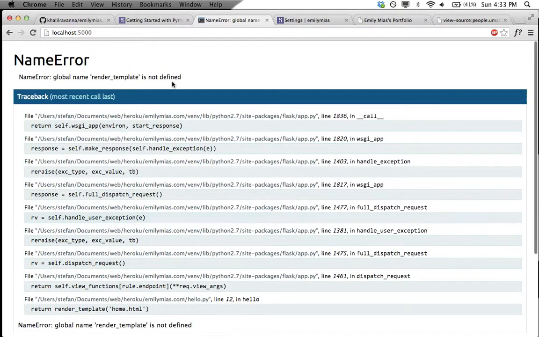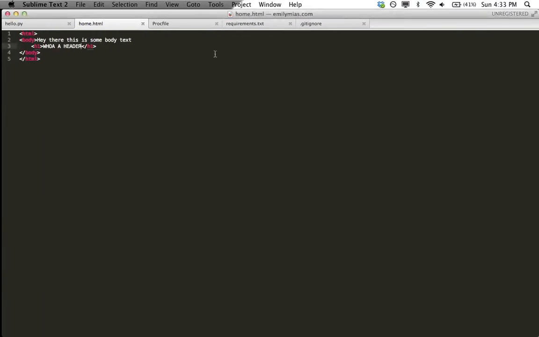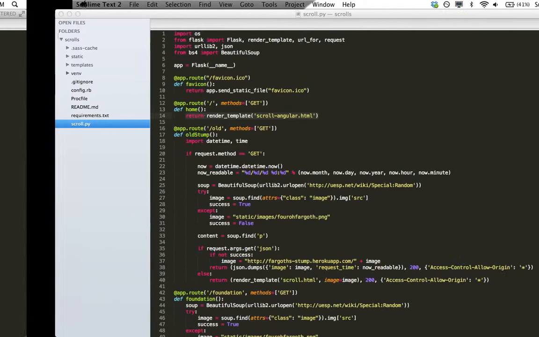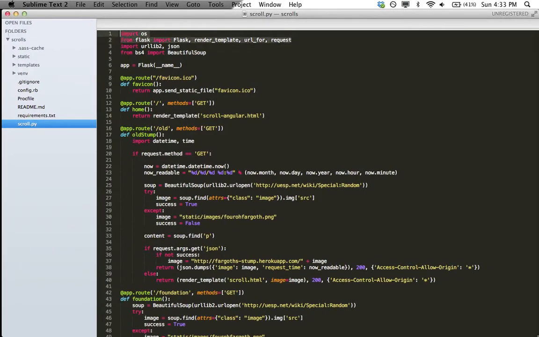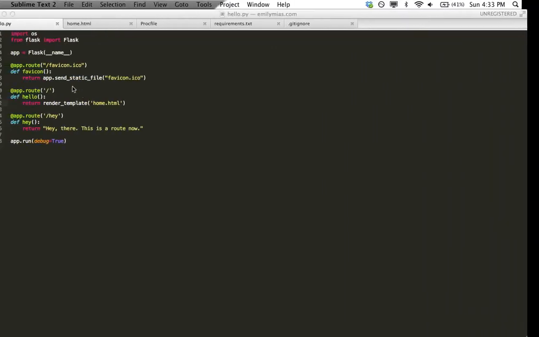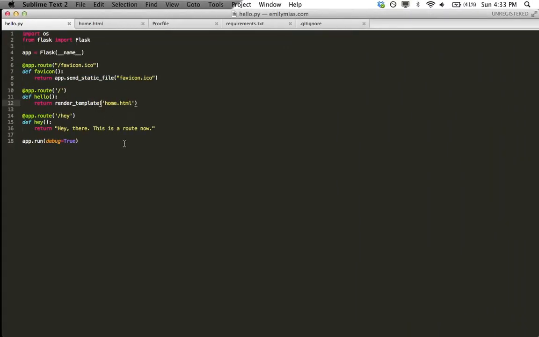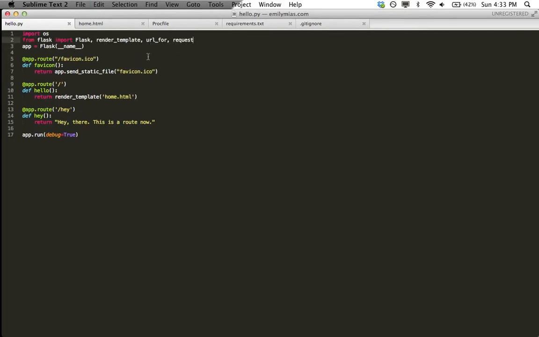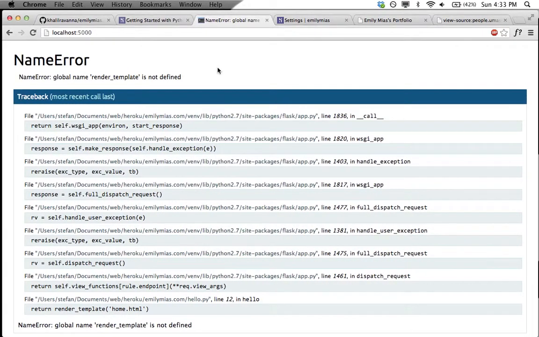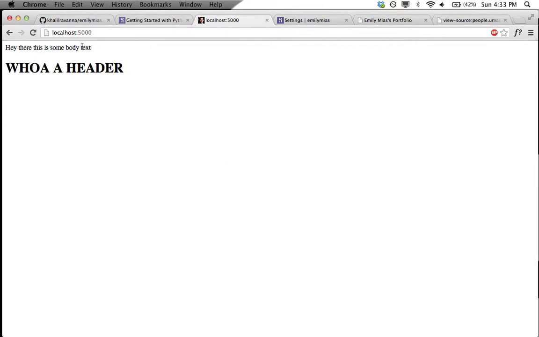I am not on the home, I am on hey. Name error, global name render_template is not found. Okay, we got our first bug. What we need to do is, it's throwing an error because I didn't actually import it. I called a function that's not in the scope currently. So I just imported render_template, so now we can actually call this function. I'll probably just include that in the code and you can just change the HTML. So now we have this, hey there, this is some body text below a header,